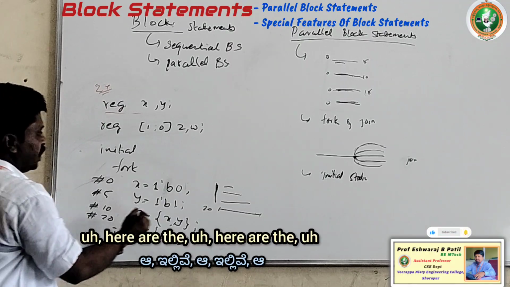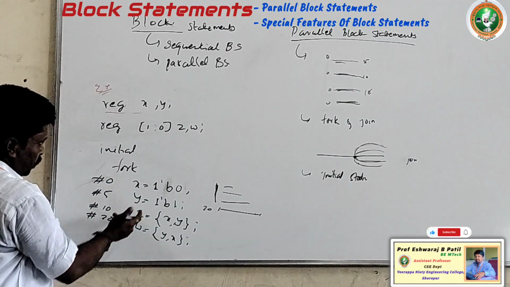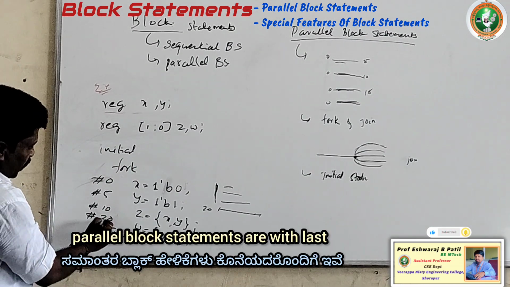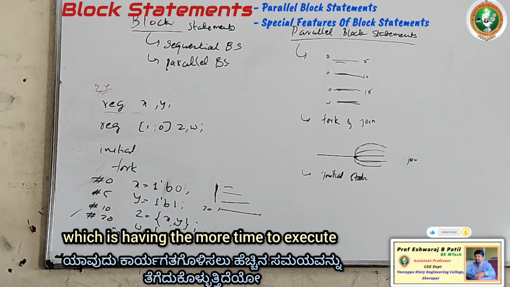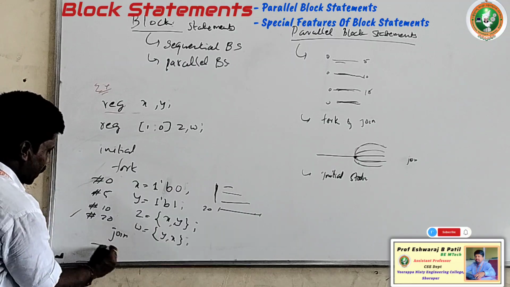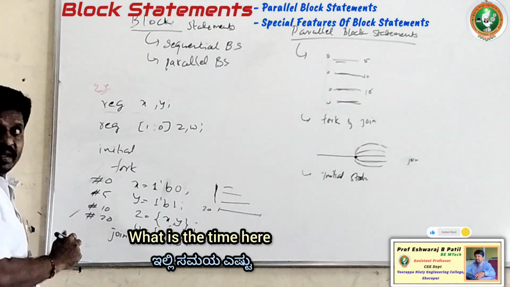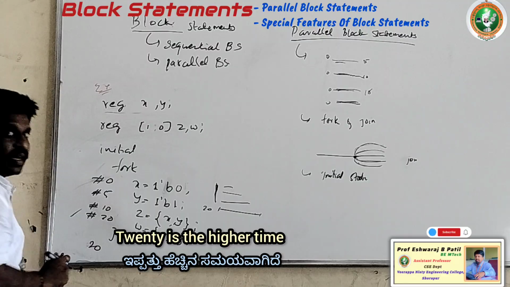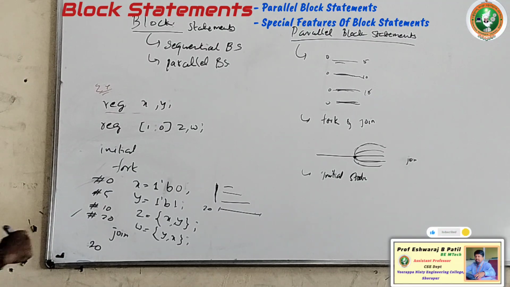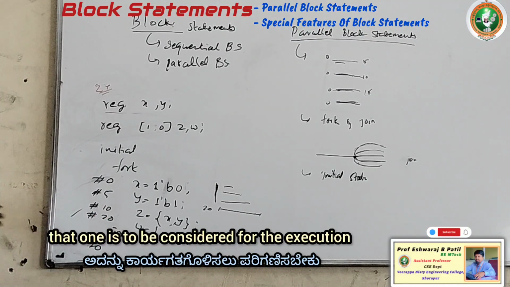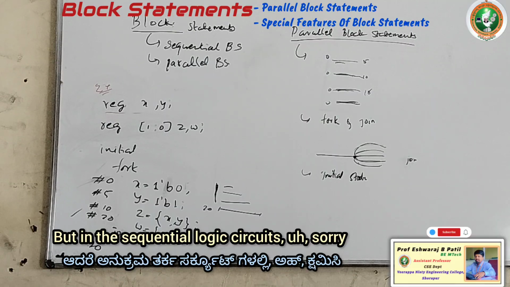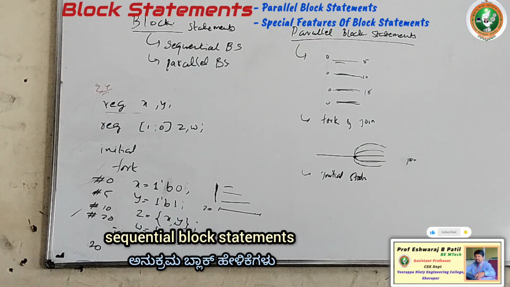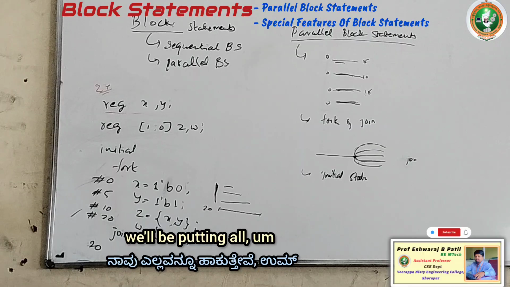But in parallel block statements, whichever statement takes the most time to execute is the one considered. What is the time here? 20 is the highest time. Whichever has the higher time is considered for the execution of all the statements. But in sequential block statements, we add all the statements' timings